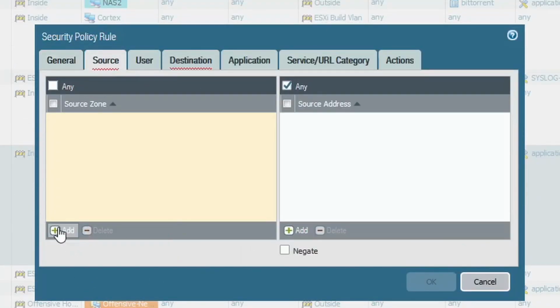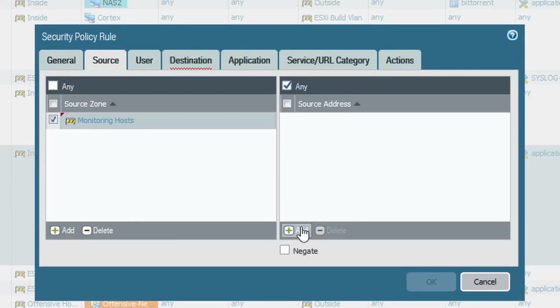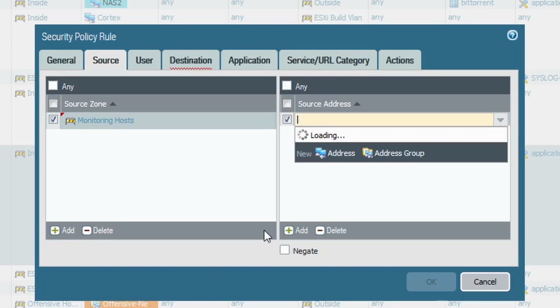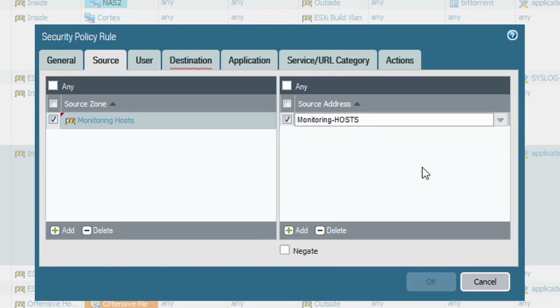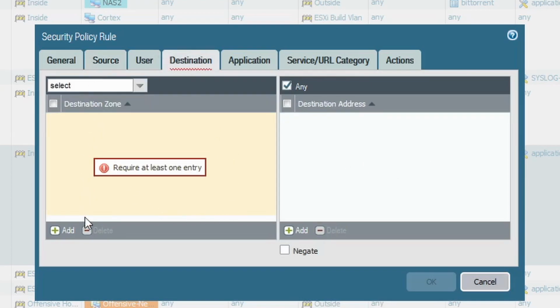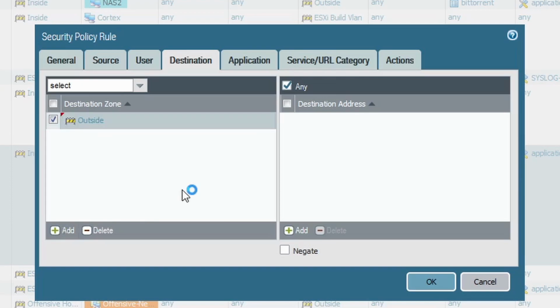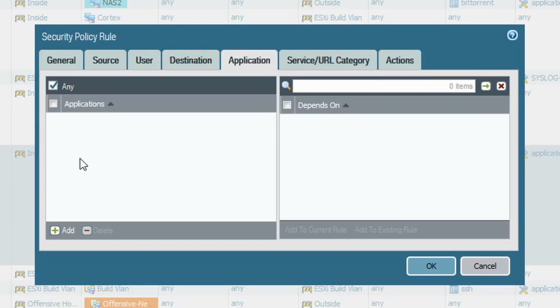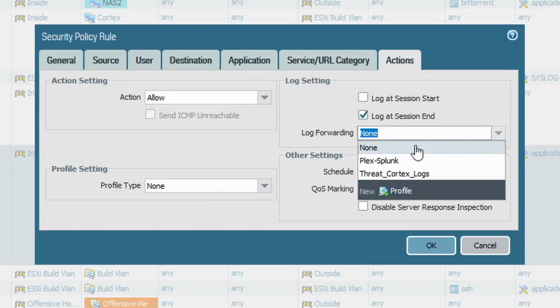Okay. Source zone is going to be from our monitoring host zone. Our source address is going to be our dynamic group. Our destination zone is going to be outside for the minute because we just want this to have access to outside. Application is any, and application defaults there. We're going to allow it, not going to put any profiles on it at the minute, and we're going to